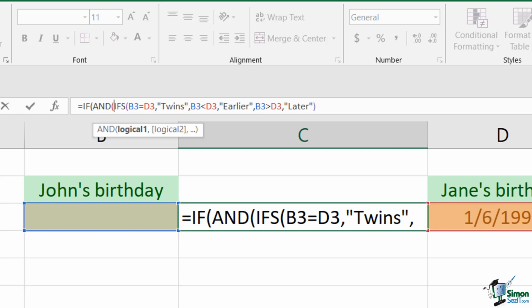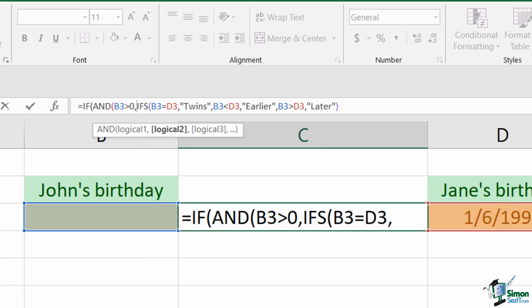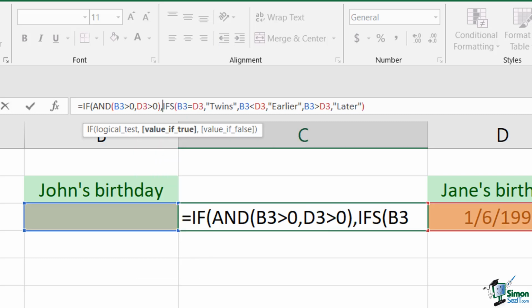And first we're going to check that B3 is greater than 0. And our next check is that D3 is greater than 0. Now if that's true, so if both B3 and D3 are greater than 0, then we'll run our if-else function. So the if-else is essentially the condition of the value if true. So what's our value if false? Let's jump across to the end,